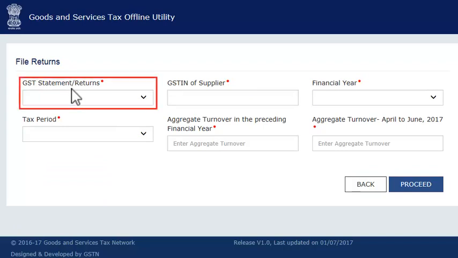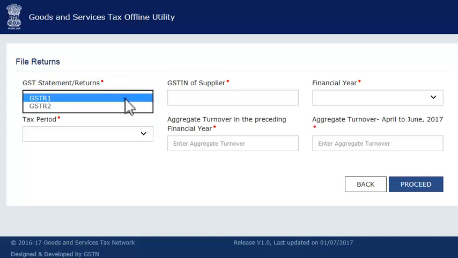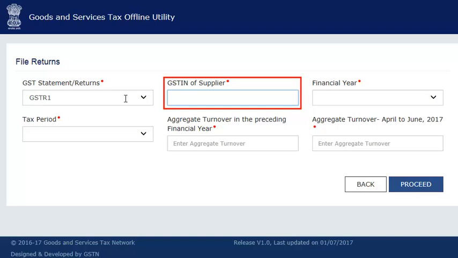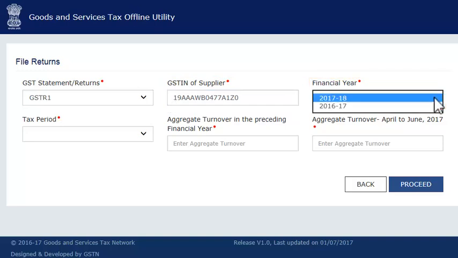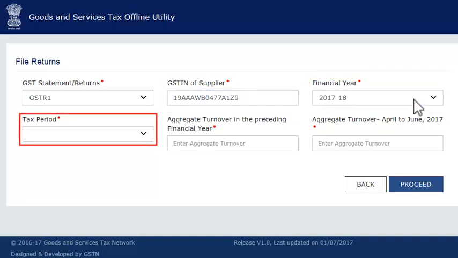From the GST statement or returns drop-down list, select GSTR1. Next, enter your GSTIN. Select the financial year and the tax period for which you want to upload invoices.